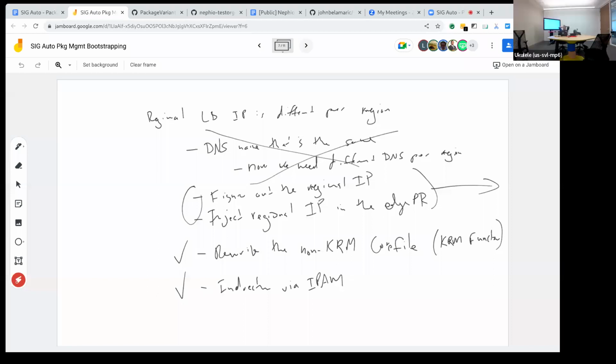Not the vendor. Okay. Does it depend on function A versus function B versus function C that I'm deploying into this environment? I don't think so. So why does the variant affect the package that I'm deploying? It should not, because we are breaking the separation of concern. The package is expressing its needs, and then those needs get resolved by Nephio or someone.